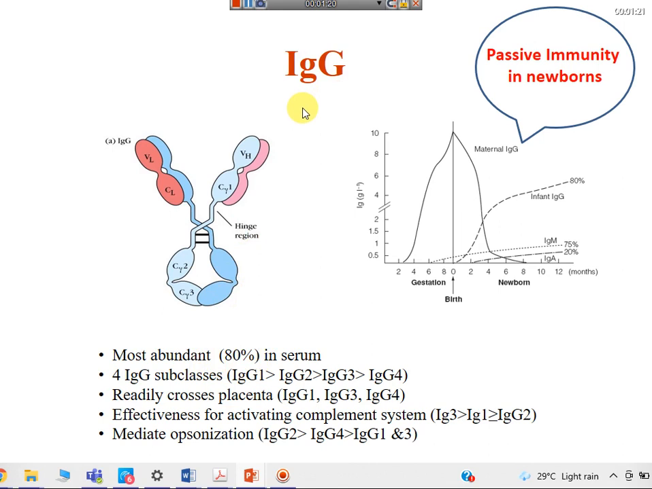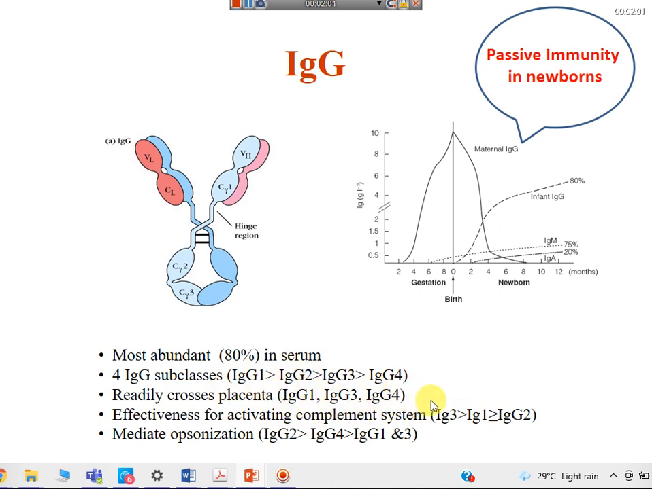And as we discussed while discussing different types and subtypes of antibody molecules, IgG has different subtypes depending on the different kinds of gamma chain. So there are 4 subclasses, depending on different kinds of gamma chain: IgG1, IgG2, 3 and 4. The most abundant one of these 4 is IgG1, and IgG1, 3 and 4 readily cross the placenta